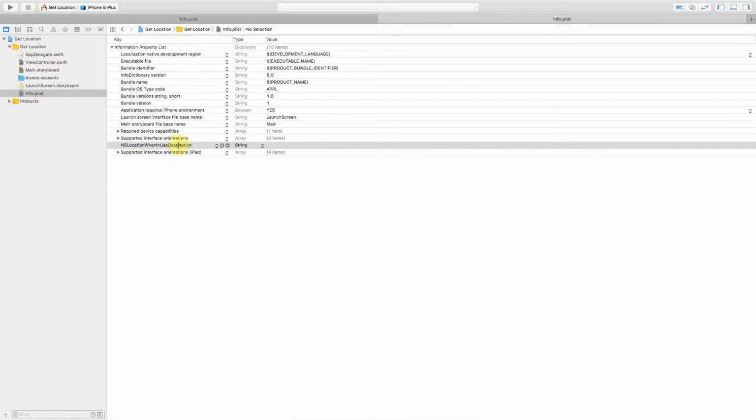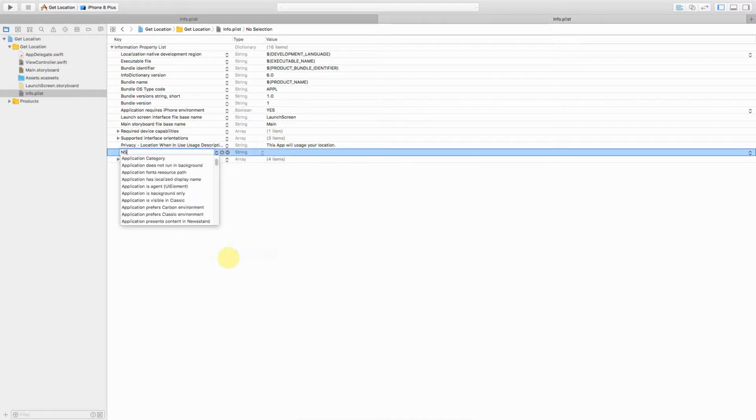I think I just typed it incorrectly because it should have changed. I think it's When In Use Usage Description, of course, yeah, and you should give some value. You can give anything. This app will use your location. It's a kind of warning which will come up, and you add another one, add row again, and this time probably we can use NSLocation